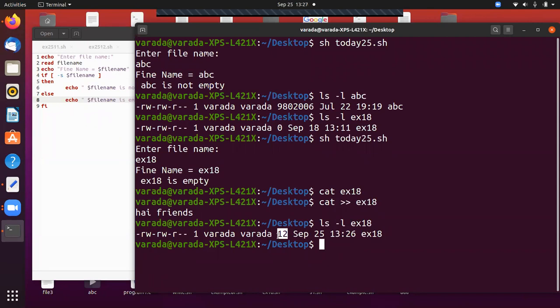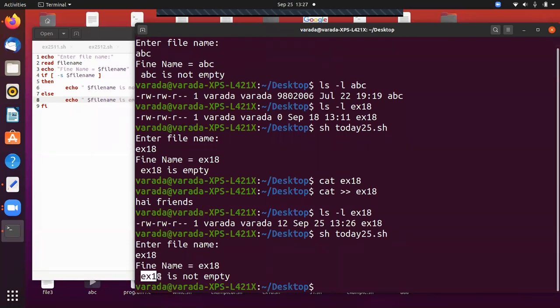Previously it was 0, now it is 12. Okay, now if you check whether the file is empty or not, today25.sh, I enter the file name ex18. Now it displays ex18 is not empty.